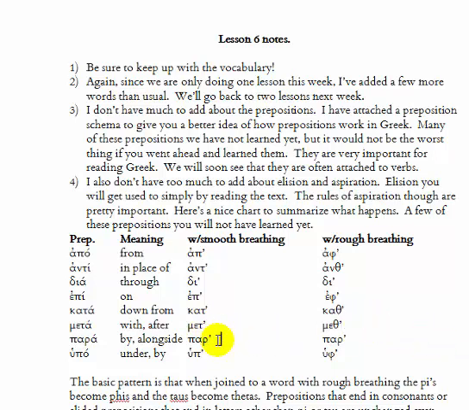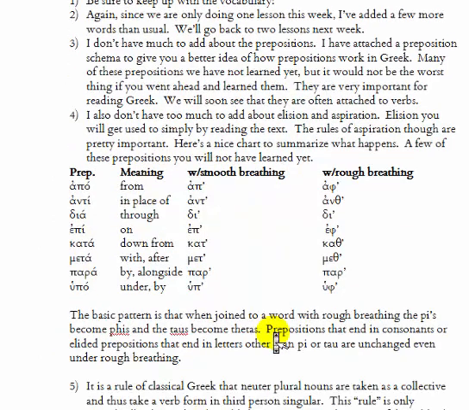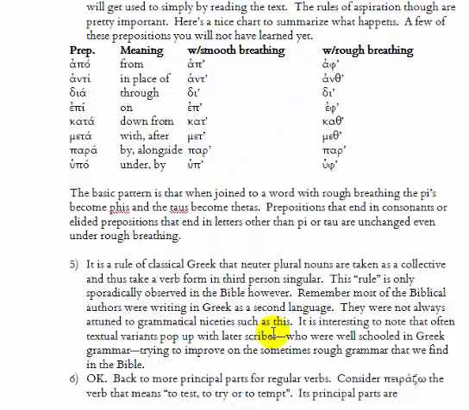Para doesn't really change. Hypo becomes hyph. So again, it's not so much that this is really difficult to learn. Just be on the lookout for this, so that when you see these kind of weird-looking symbols, you can mentally trace them back to the vocab words, which are these prepositions here, which you see a lot of. All of these you'll see a lot of. Okay. All right. Now,